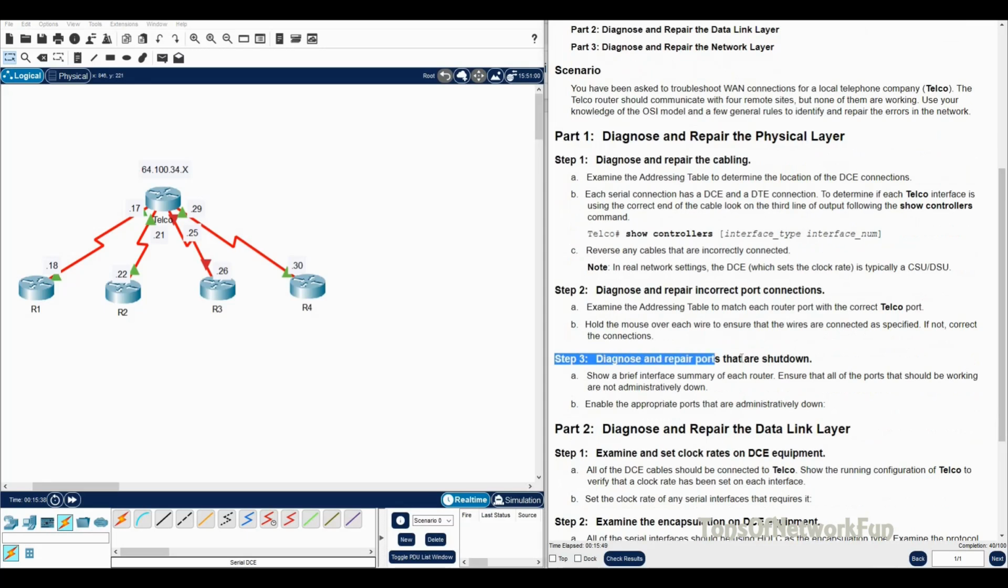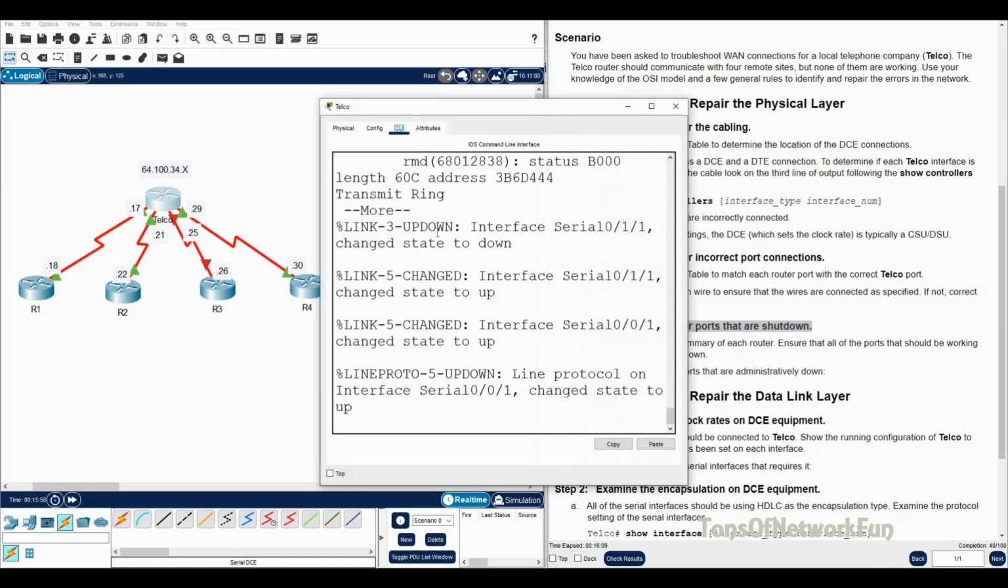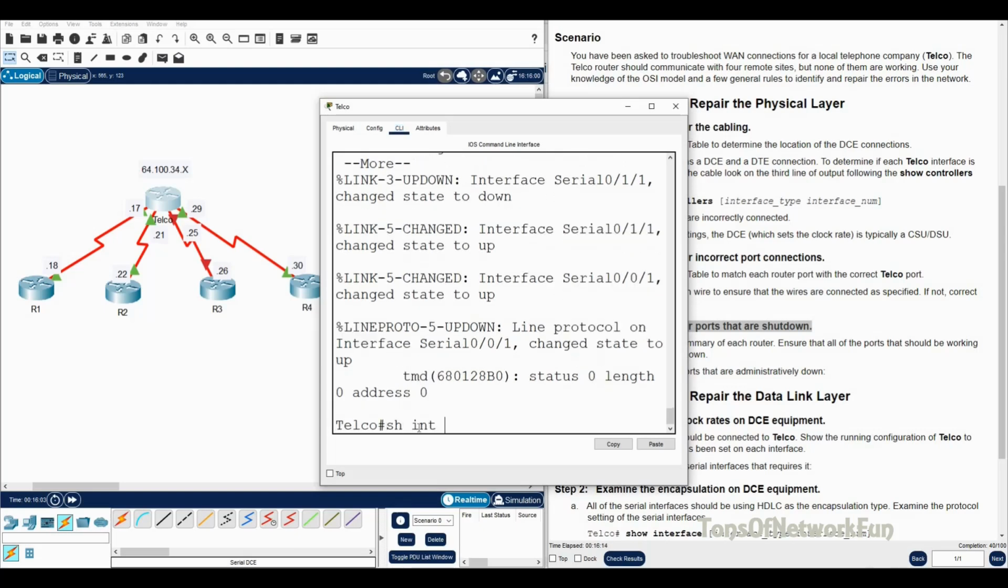Step 3. Diagnose and repair ports that are shut down. Show a brief interface summary of each router. Ensure that all of the ports that should be working are not administratively down. Enable the appropriate ports that are administratively down. Okay, so go to telco, show interface brief,